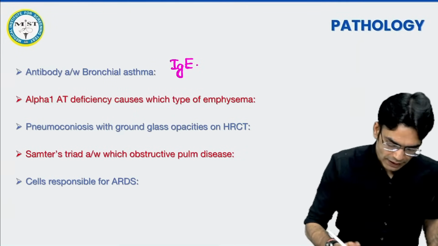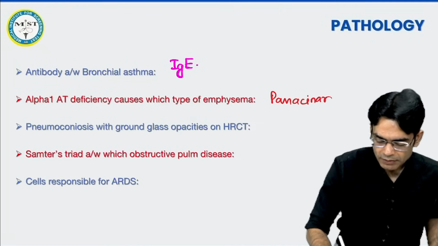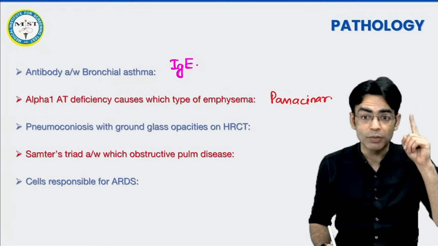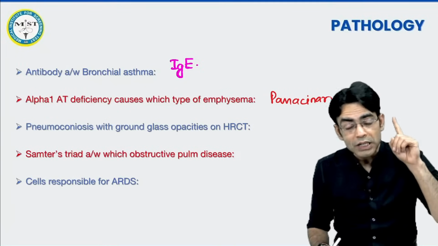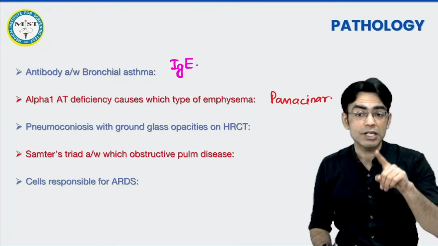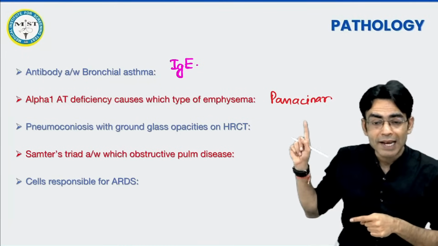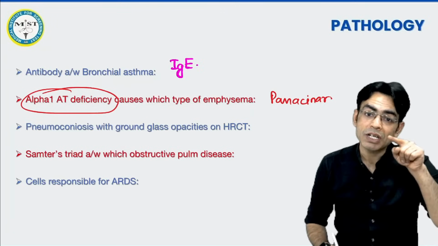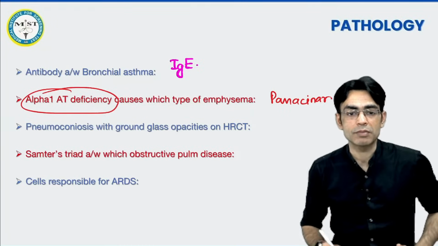ठीक है, अल्फा 1 एंटीट्रिप्सिन, which type of emphysema? You are right, panacinar emphysema. ठीक है, एम्फाइजेमा में बेटा, most common type of emphysema is centrilobular or centriacinar, that is associated with smoking, but panacinar is alpha 1 antitrypsin, and this alpha 1 antitrypsin is secreted by liver. That is why whenever we are talking about this panacinar emphysema, if anybody is having an alpha 1 antitrypsin deficiency, patient will have cirrhosis also. So emphysema cirrhosis बड़ा खराब सा combination बन जाता है.